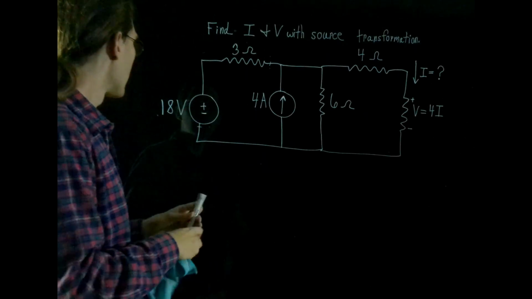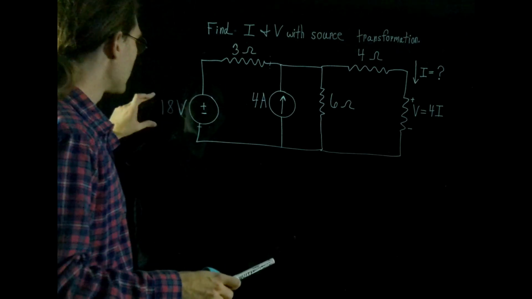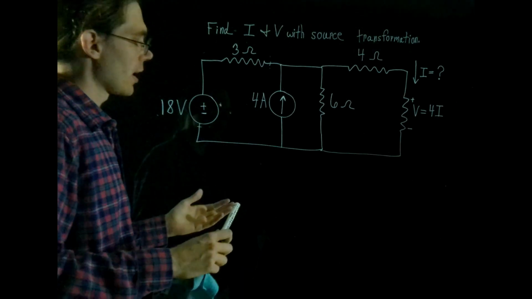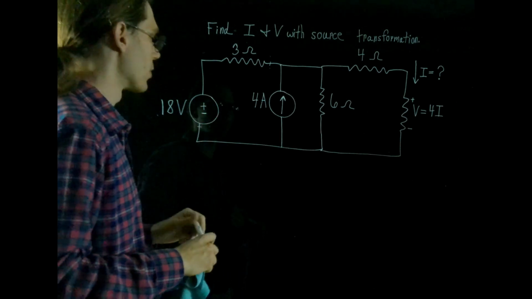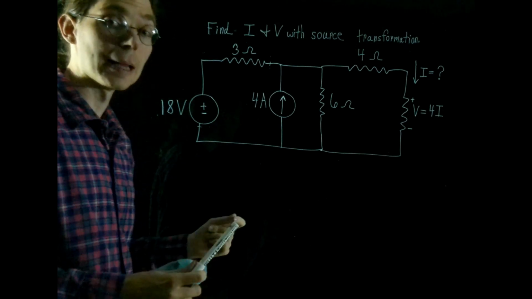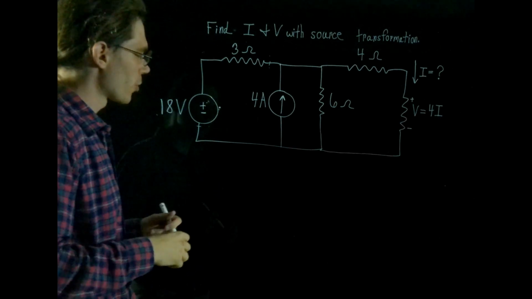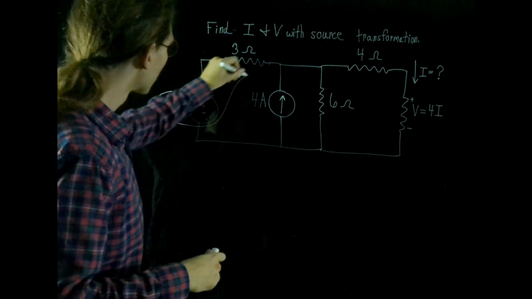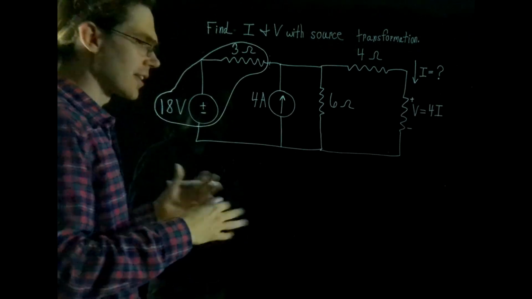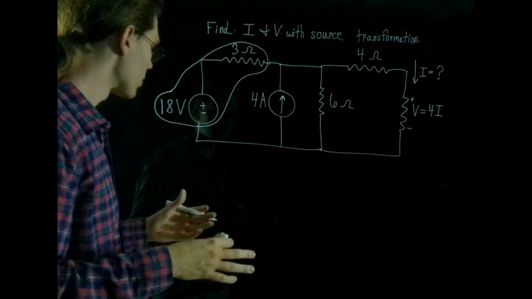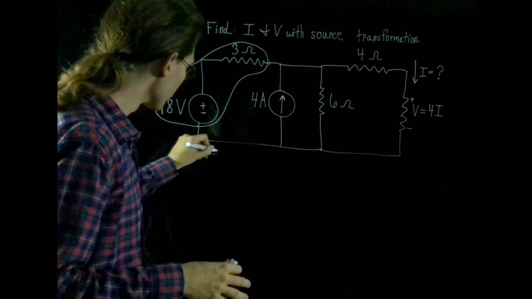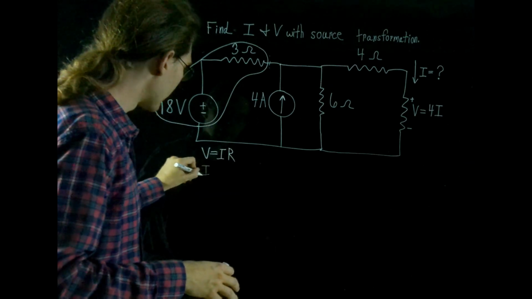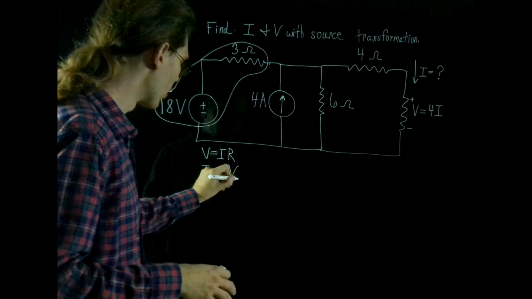With that in mind, I suggest we begin by transforming the 18 volts and 3 ohm resistor into its equivalent circuit with an independent current source with the same resistor, though they will be connected in parallel. Before you transform this side of the circuit, I recommend that you firstly circle it for visual clarification, and then calculate the current source with Ohm's law, which again is V equals IR, yet if you rearrange for I, it's I equals V divided by R,